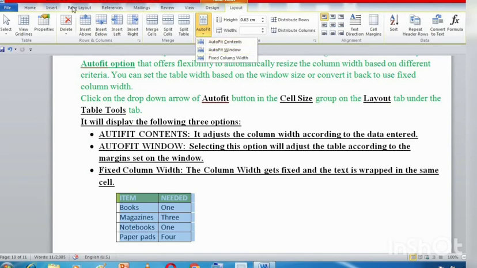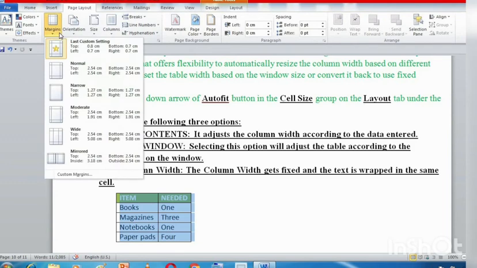Right now, what margins have I set? Right now my margin is 0.8 centimeter from the top, 0.7 centimeter from the bottom, 0.7 centimeter from the left, and 0.7 centimeter from the right.